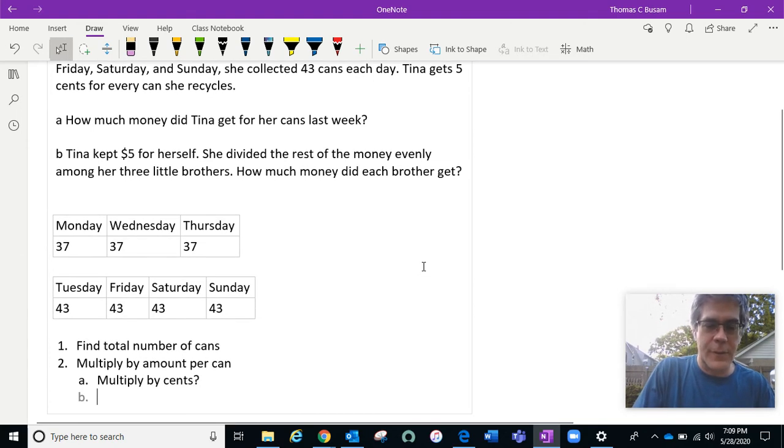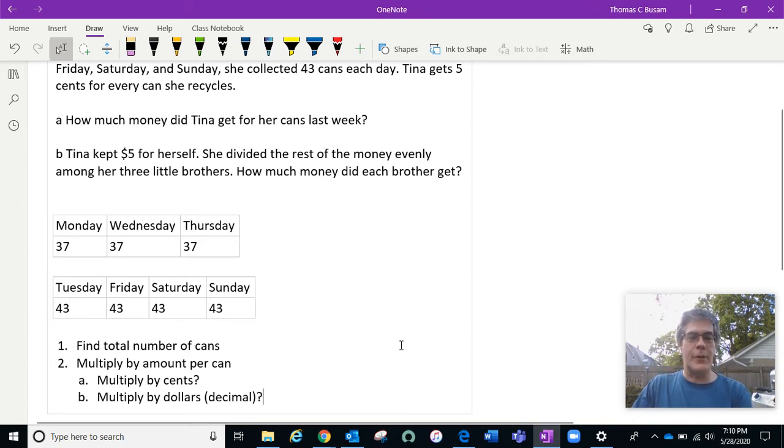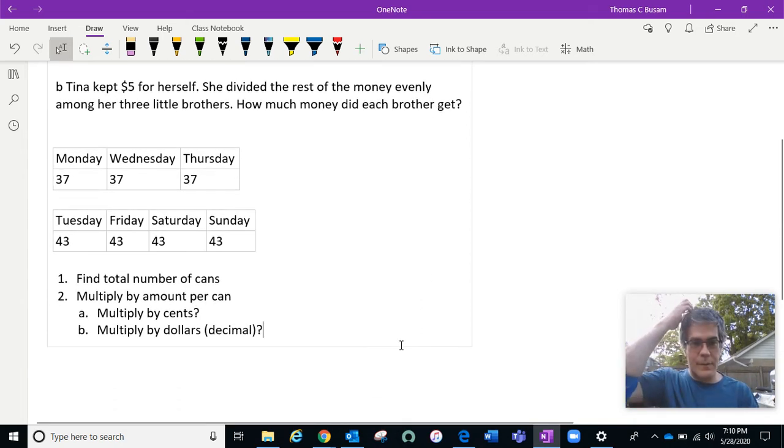Are you going to instead multiply by dollars? So that's going to be a decimal. How are you going to do that? Because either one's valid as long as you make sure that you pay attention to